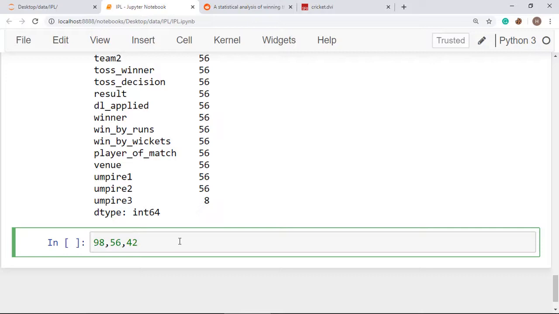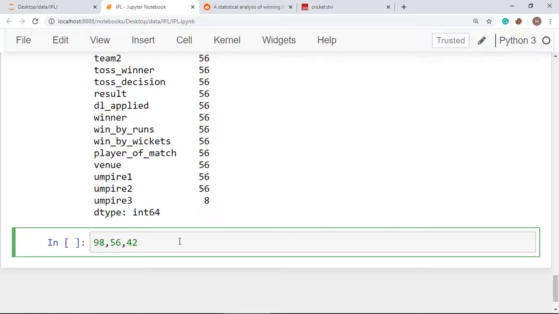So we will be using label as number of times it will display the total number of times Mumbai Indians has won the toss, and the whole 360 degrees will represent how many times Mumbai Indians has won the toss, and 56 will represent the number of times when Mumbai Indians has won that toss, and 42 will represent how many times Mumbai Indians has not won that match.